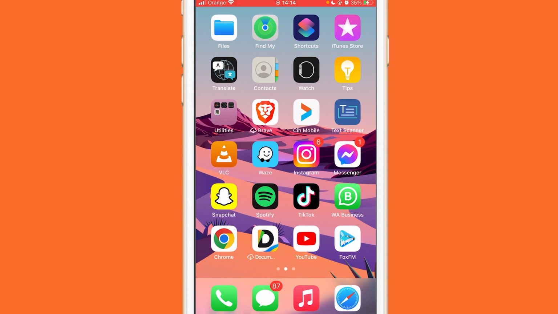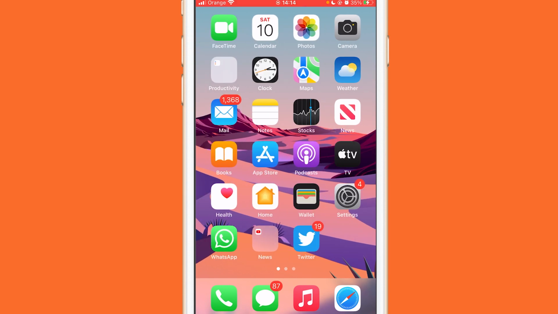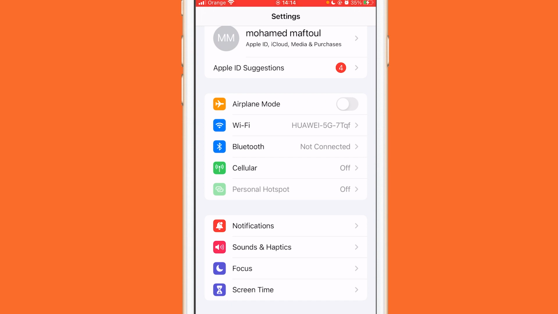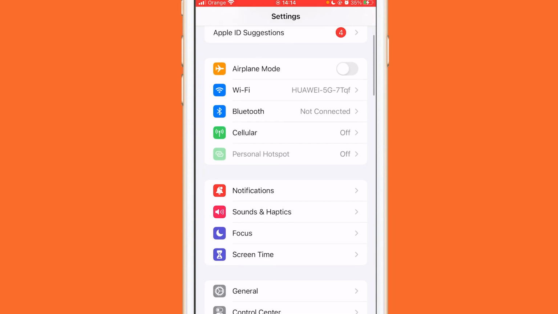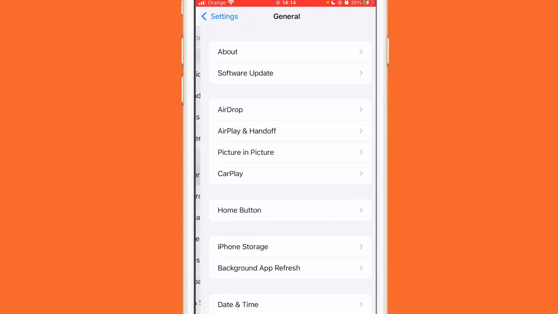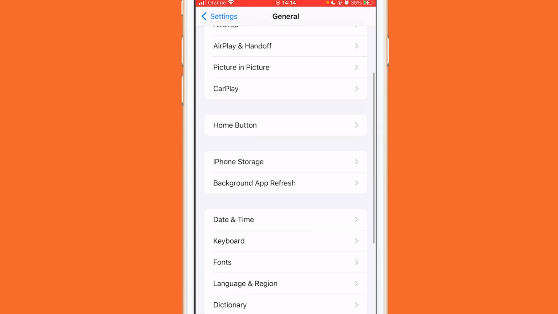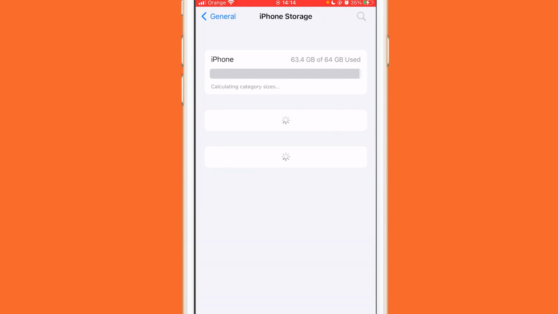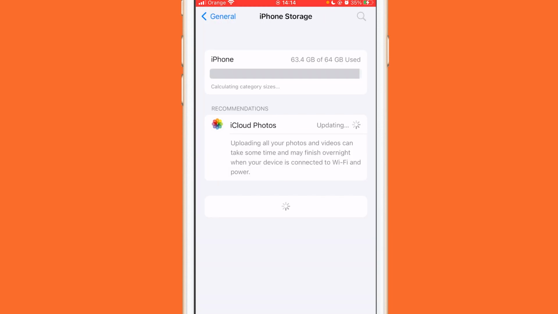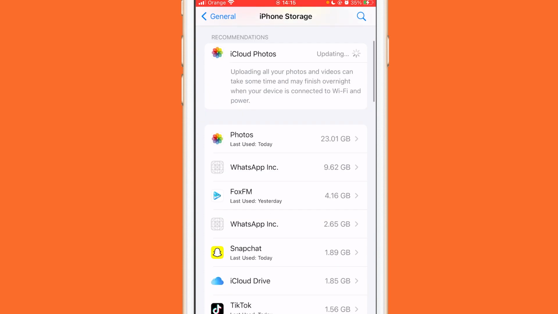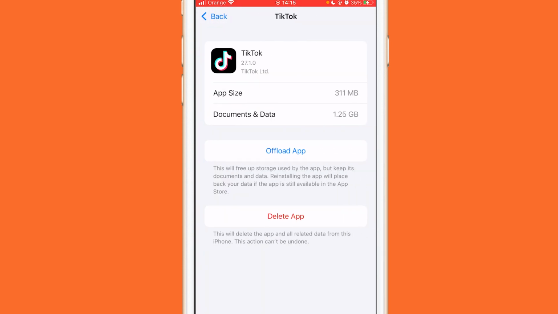The first thing you need to do is go to settings. I am going to show you how to fix this even on Android phones, but let's start with iPhones. Go to settings, then general, and after that click on iPhone storage. After you click on iPhone storage, search for TikTok, and after that